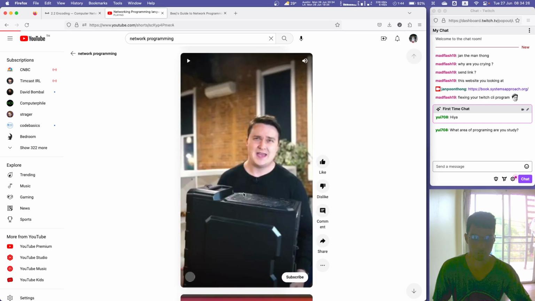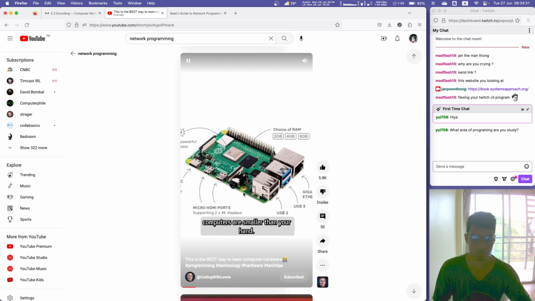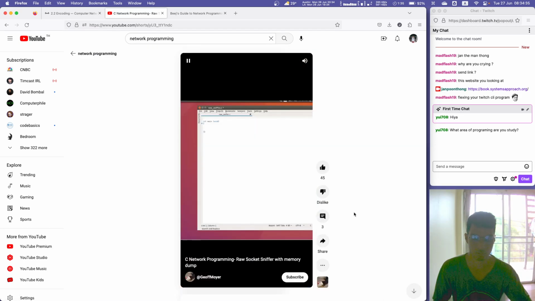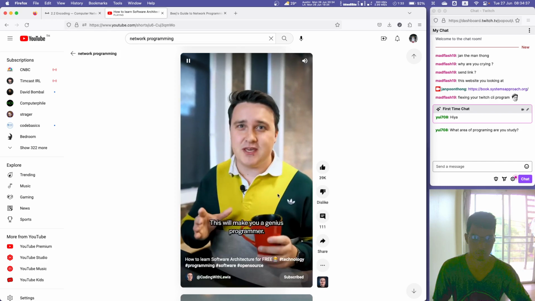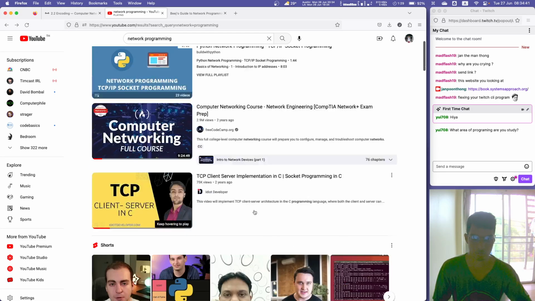Have you ever wanted to learn how a computer works? Raspberry Pis are microcomputers that are. This will make you a genius programmer. Ever wanted to know how big tech companies